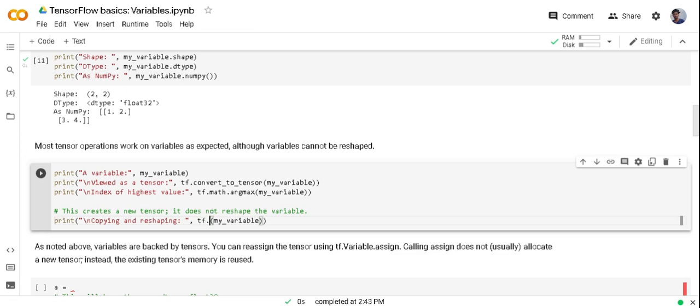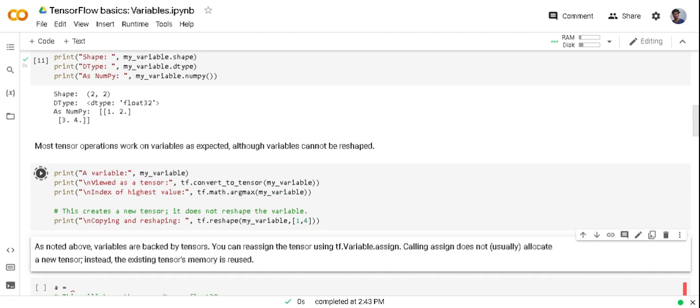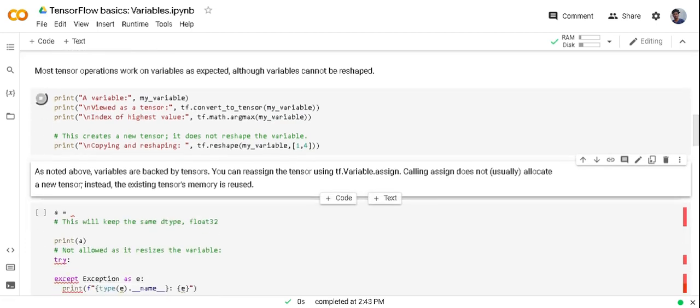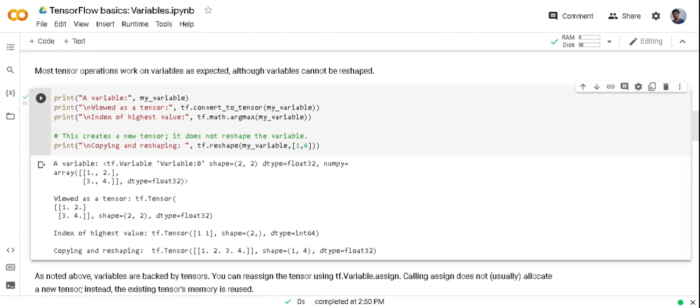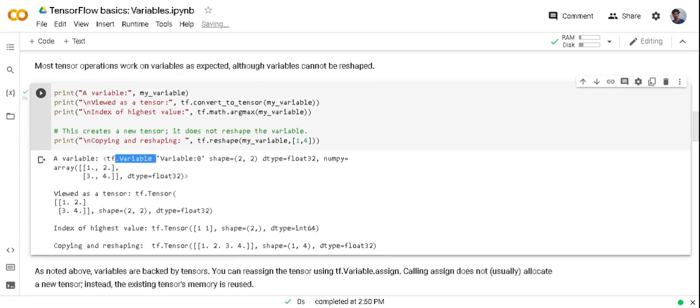Let me show tf.reshape. I'm going to reshape into 1 by 4. Let me run. In output, you can see original variable was 1, 2, 3, 4, a 2 by 2 variable. As I use tf.convert_to_tensor, variable is converted into 2 by 2 tensor.